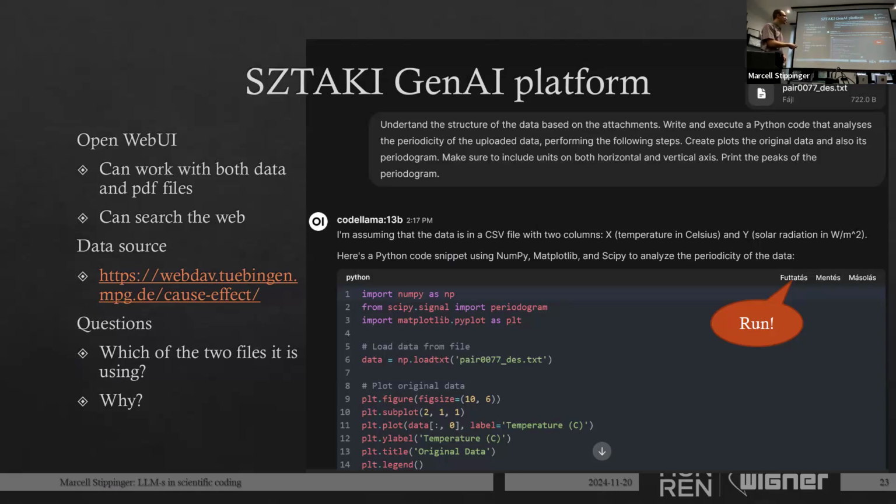The interesting thing is that when it tries to load the data, it links to the description of the data. So it's actually the metadata that it tries to load. It's a pitfall. We will have to fix it manually, and the environment has a nice run button there, but